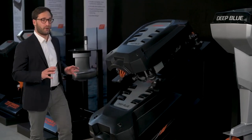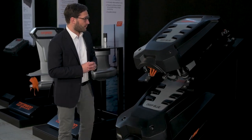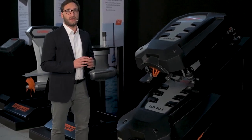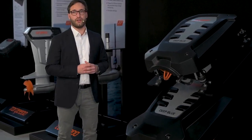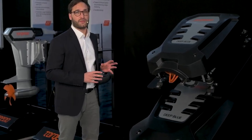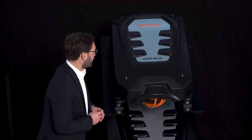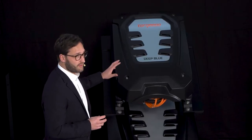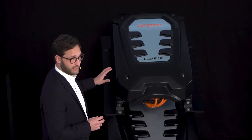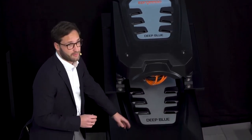The top of our power class is the Deep Blue 100i. And talking about the Deep Blue 100i, this is basically two motors for two different applications. Both motors are without a gearbox, so that's why the different RPM for different applications is leading to two different motor concepts. So we have one motor with 2,500 RPM for fast planing boats, and one motor